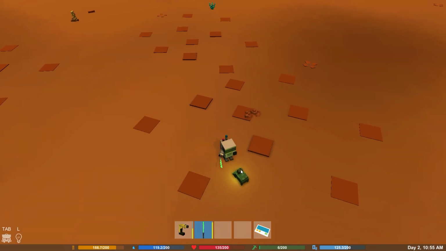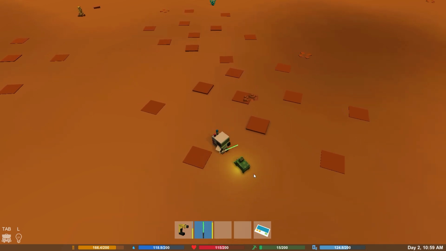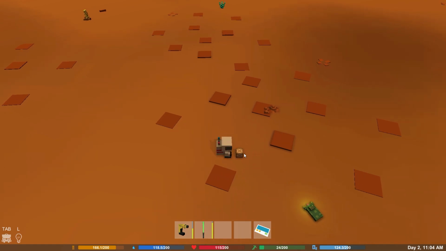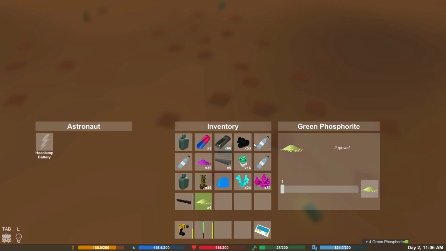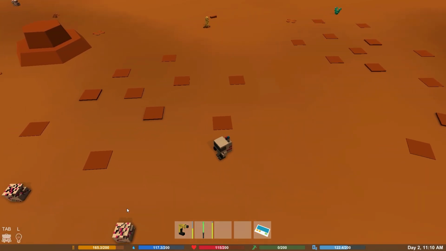There are more things biting at us. No! Get out of here. No, just... Oh. Okay, can we time it? I think we did. I think we timed it. Or I'd like to think that. Green phosphorite. Oh, good. Useful stuff for us to process. I think it's probably time...